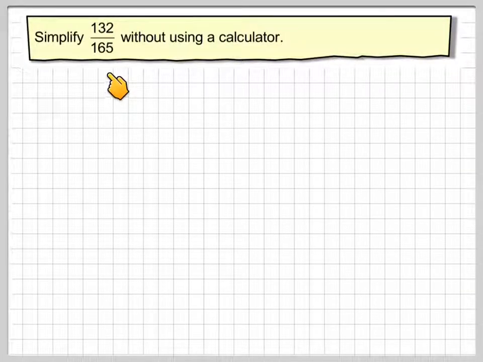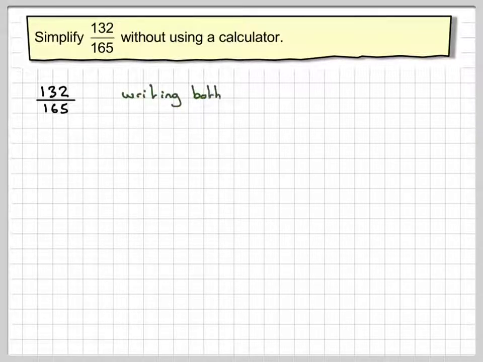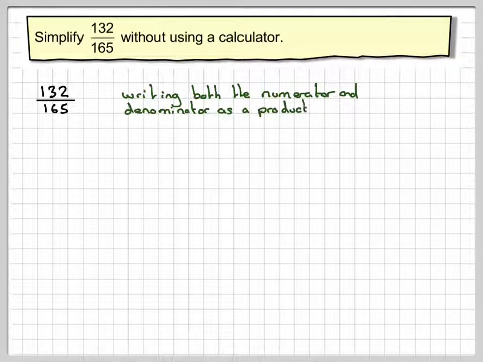Simplify 132 over 165 without using a calculator. So we've got 132 over 165. Now, if you write both the numerator and the denominator as a product of its prime factors,